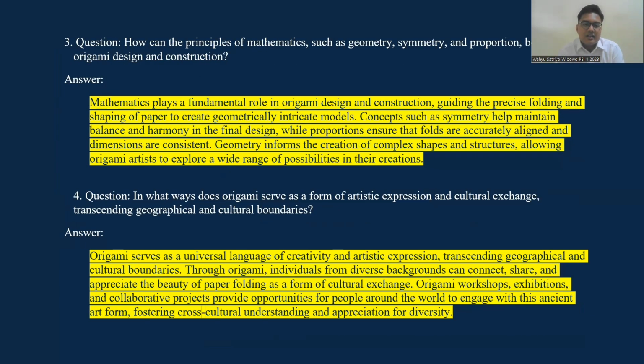The third question and answer is, mathematics plays a fundamental role in origami design and construction, guiding the precise folding and shaping of paper to create geometrically intricate models. Concepts such as symmetry help maintain balance and harmony in the final design, while proportion ensures that folds are accurately aligned and dimensions are consistent. Geometry informs the creation of complex shapes and structures, allowing the origami artist to explore a wide range of possibilities